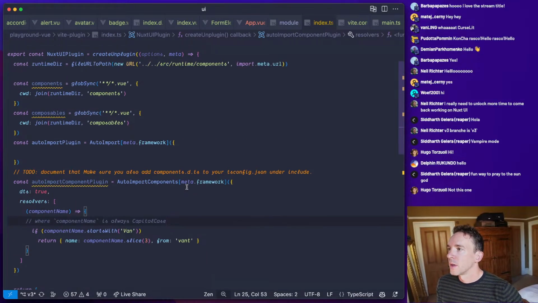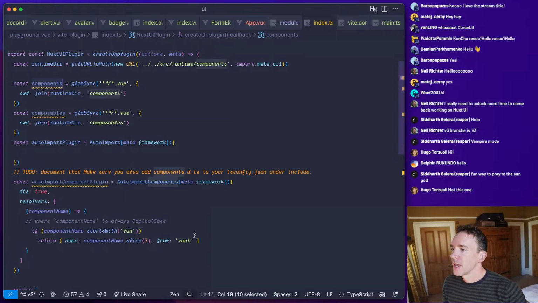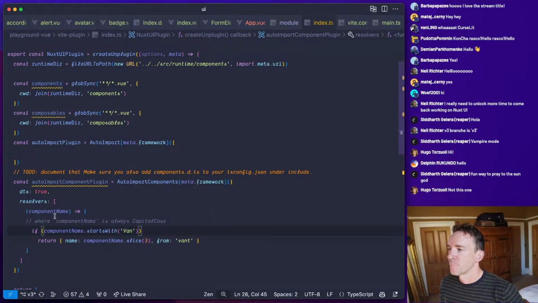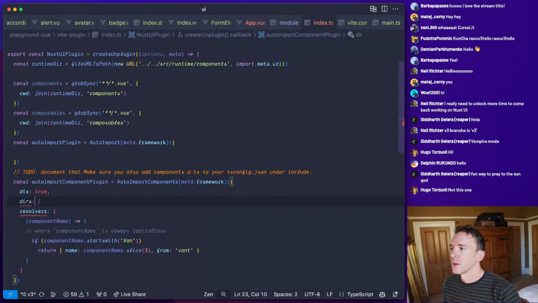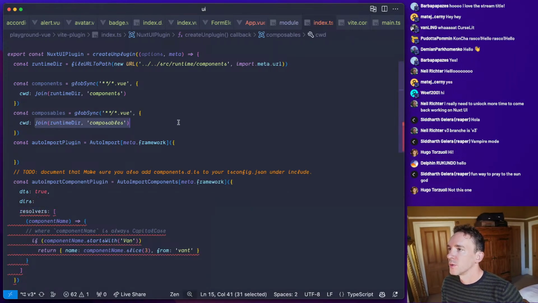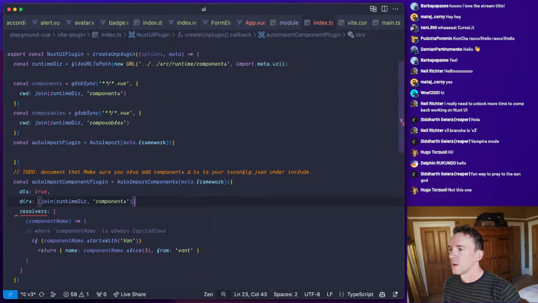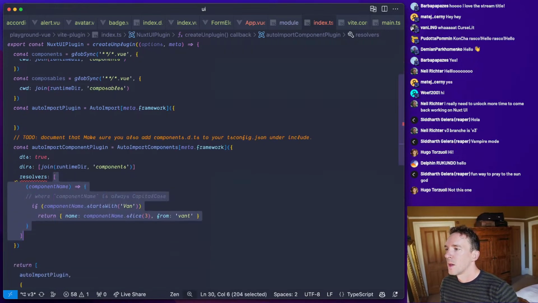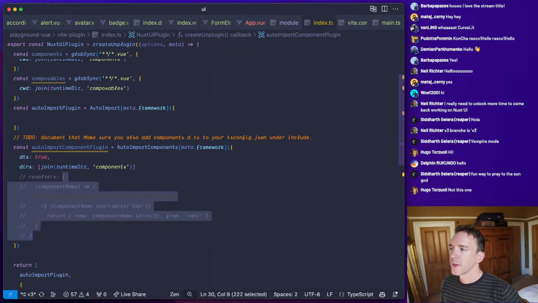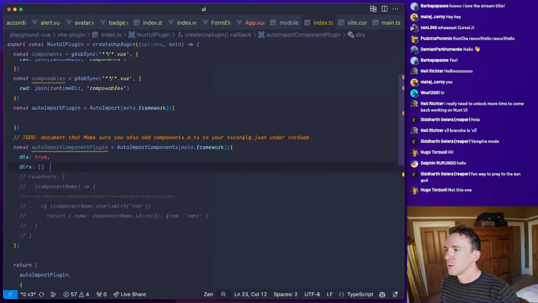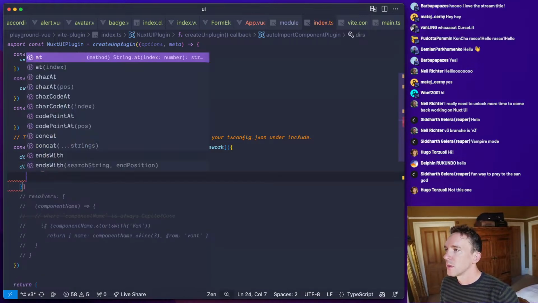And we can basically fairly easily, I think, say it's always going to be capital case or Pascal case. So we should be able, oh, do you think I can just do this? That would even be easier. Cool. So I don't even have to scan it. I just do this. Oh, it's not as simple as that though, because they have a prefix. Is that configurable?